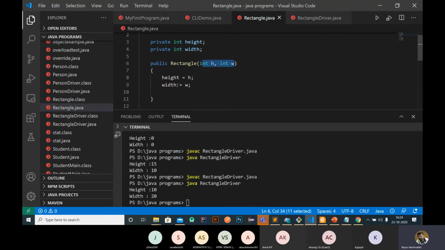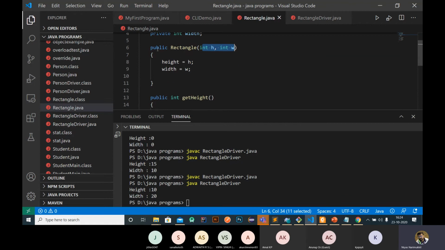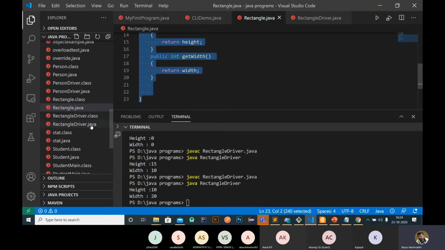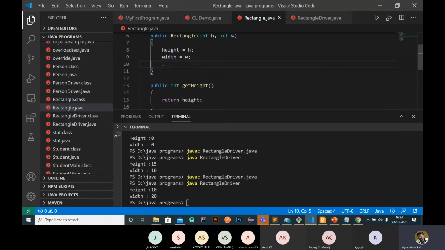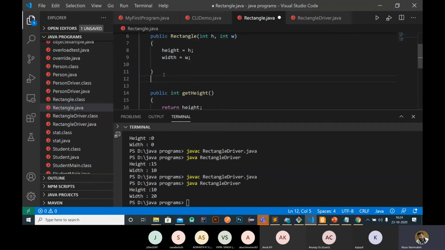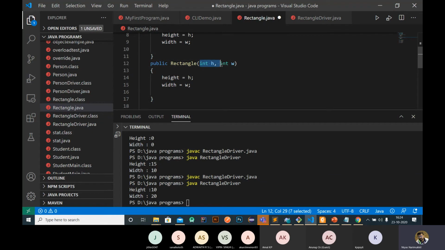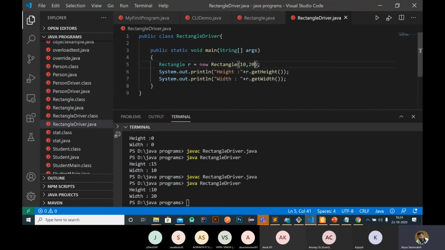If you want, we can create a constructor like this also, right? I create another constructor like this, for example, without passing any integers, we can directly assign values like height equal to 150, width equal to 20, right? So in that case, we don't need to pass any parameter here.